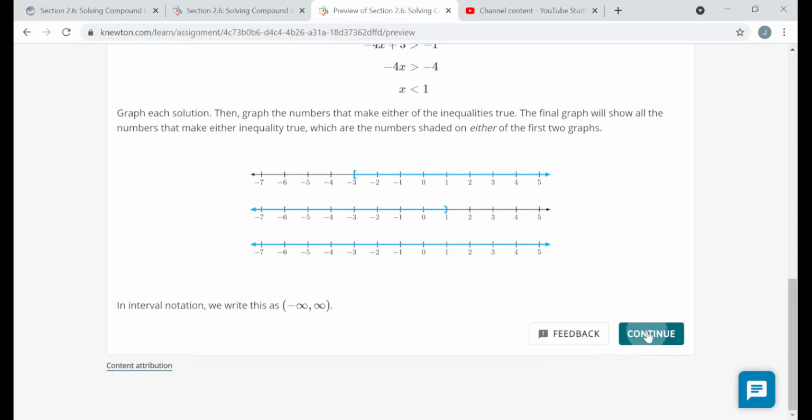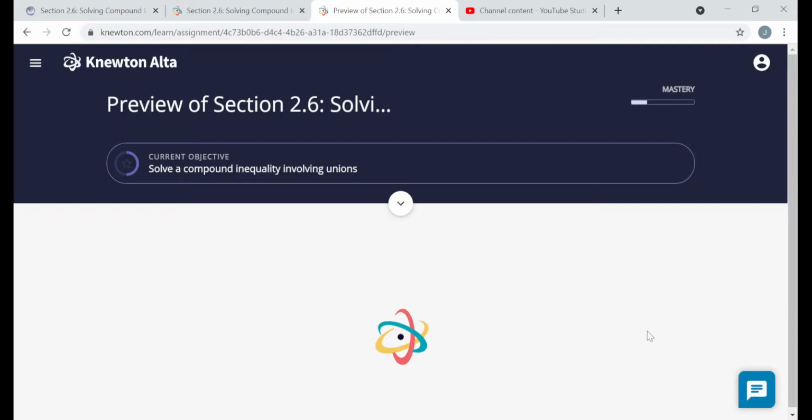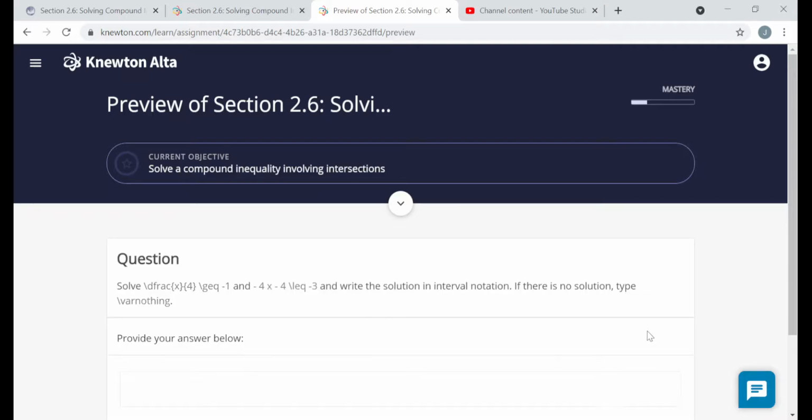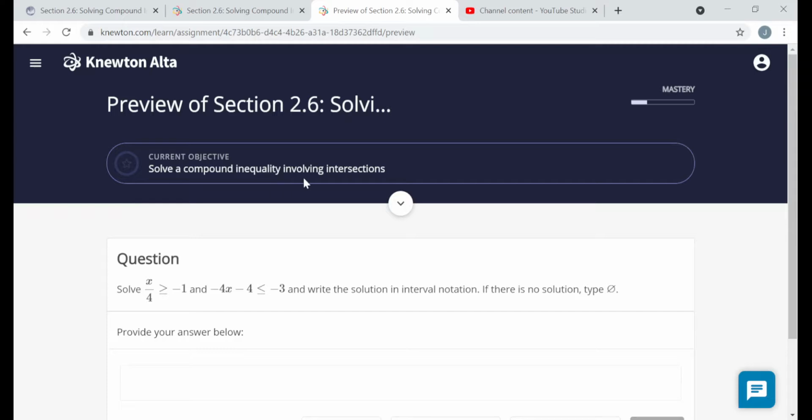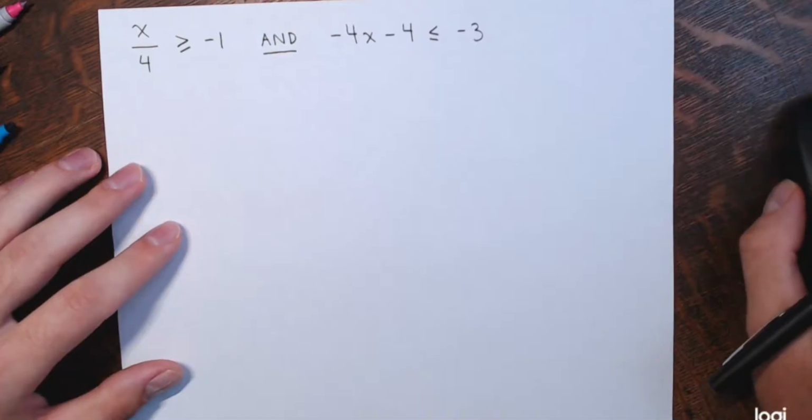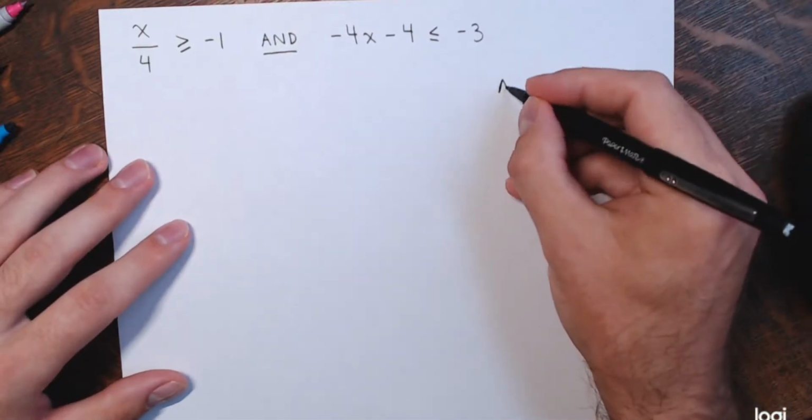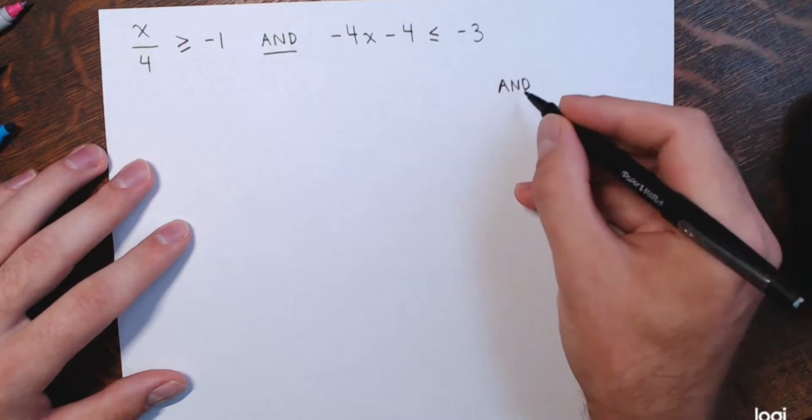All right, continuing on. So now we're getting into the other objective: solve a compound inequality involving intersections. Unions involve the word OR. Intersections involve the word AND, connecting the two inequalities. So once again, I'll write this out and work on it on a separate piece of paper. All right, so with the word AND connecting inequalities,